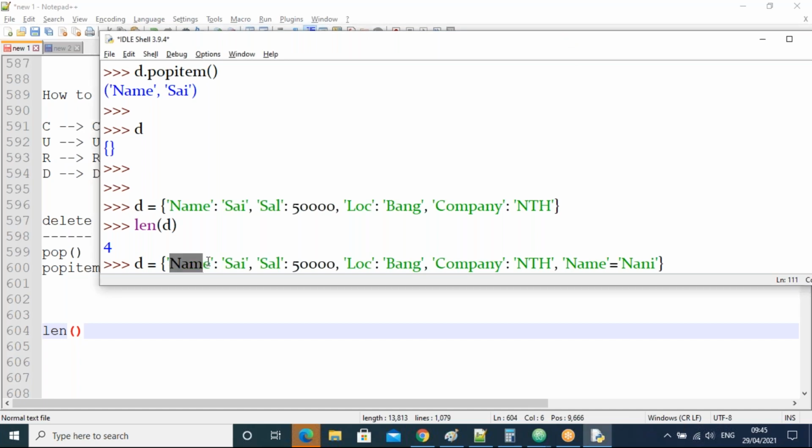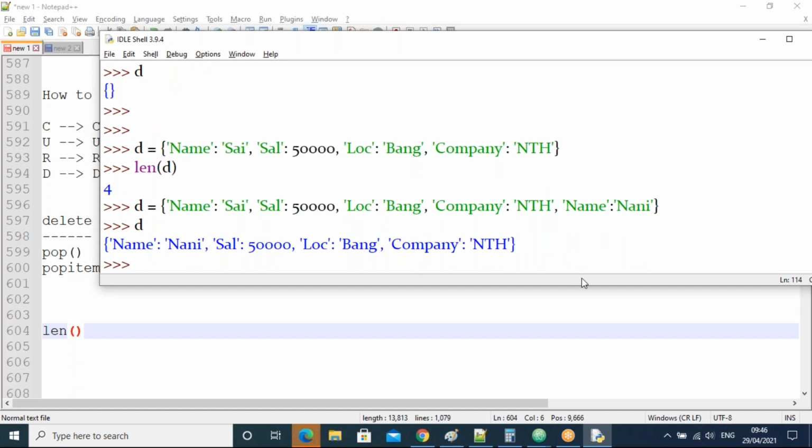Already name is there, and I'm taking the name again now. What's the previous value? Sai. Now what's the current value? Nani. Let us see now. Do we have the same name Sai, the previous one, or name Nani, the latest one, guys? We'll see now what is available, either the first one or the latest one.